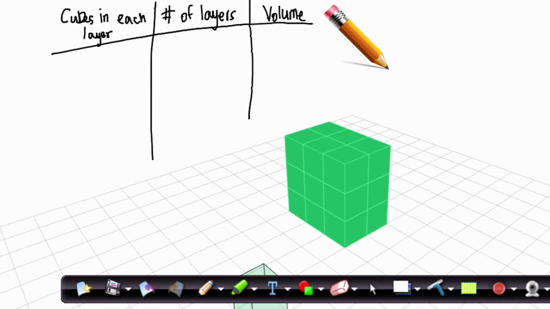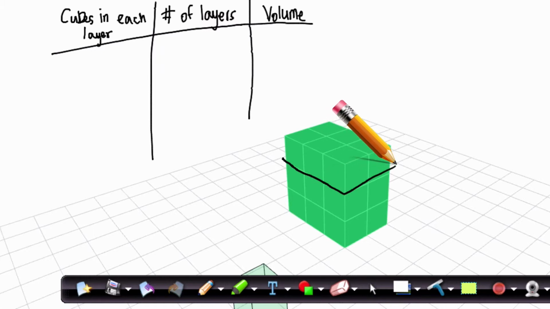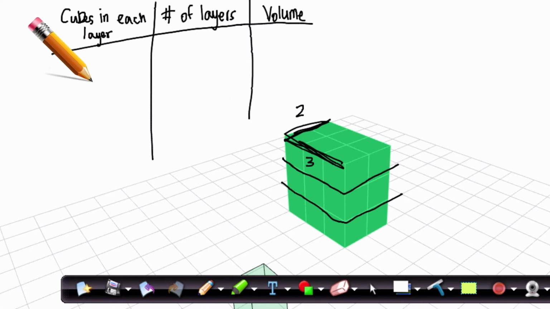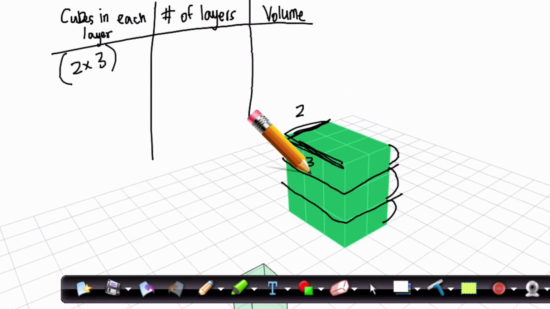So let's start to think of this shape in terms of layers. I'm going to start by dividing it this way, having these 3 different layers in here, 1, 2, 3. But first I'm going to find the area of one of those layers. The area means the length times the width, right? We know that. So here I have 2, and on this side I have 3. So the amount of cubes in this layer would be 2 times 3, right? Which would be 6. Okay, and then I have 1, 2, 3 of those layers,